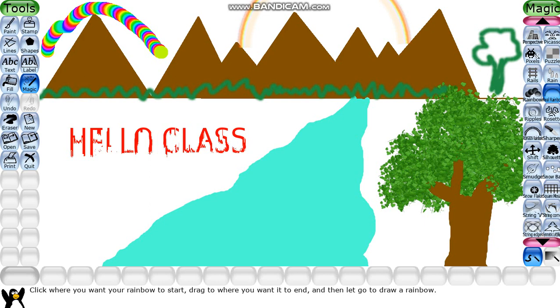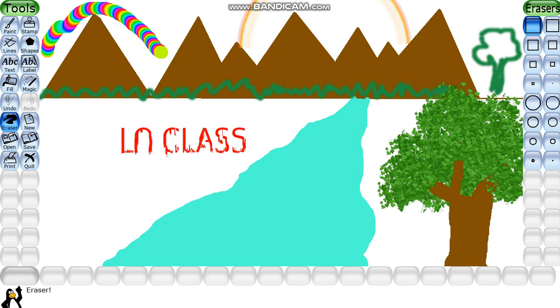Next is the smudge effect. The smudge effect is used to mix patterns, and you can smudge two or more colors. Basically it is used to draw patterns. So I am erasing this text to show you the use of the smudge effect.